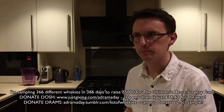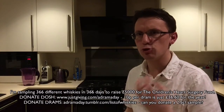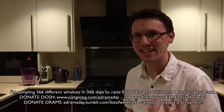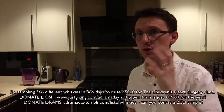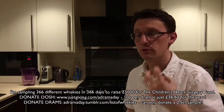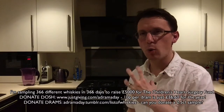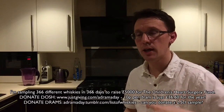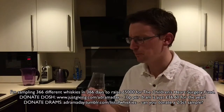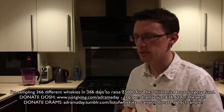That's really unusual. There's a dryness which is almost like the tannins from the red wine that kicks in straight away and really dries your mouth up, and then follows in with this rich sweetness. The smoky peatiness isn't quite as full on as it is on the nose. There's less TCP, there's less iodine, and it's more of a smoky pepperiness. There is a nice sweetness to it, but it's not as